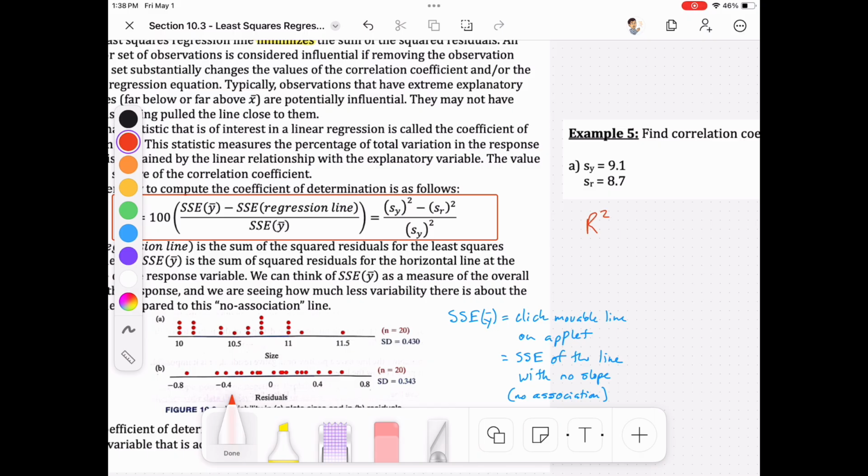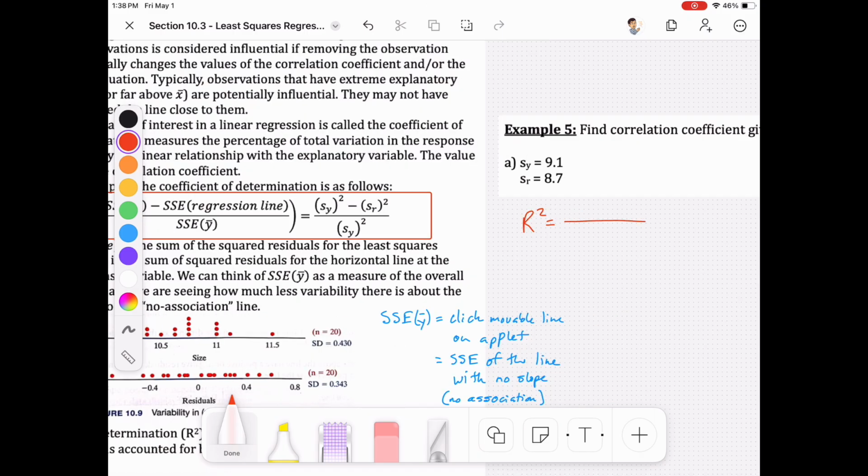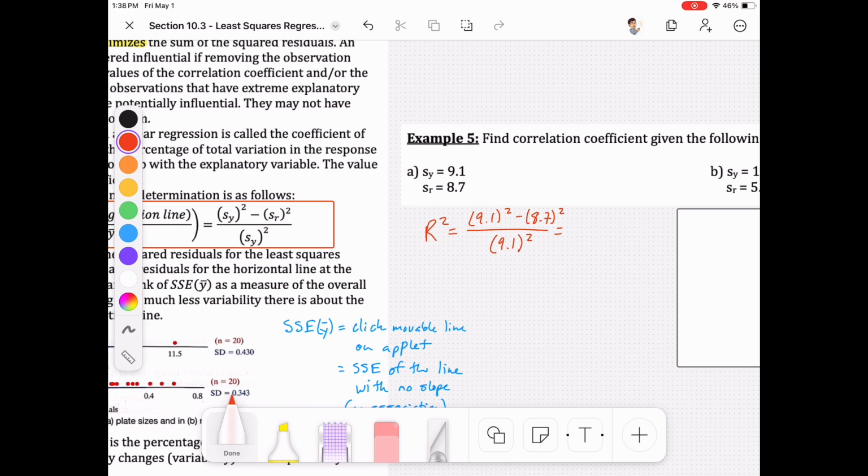So it's the standard deviation of y squared minus the standard deviation of the regression line squared, divided by s of y squared again. As I'm plugging them in, it's just 9.1 squared minus 8.17 squared, divided by 9.1 squared, to get me the value of